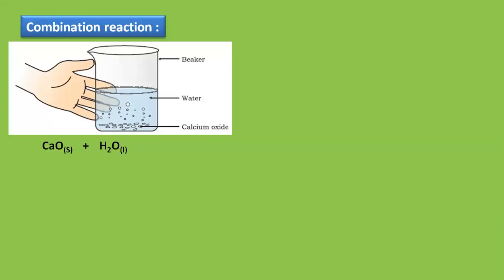Can you think of a product here? What will be formed when I combine calcium oxide with water? This reaction we have done previously also. In your lower standards, you have already studied this reaction. But still, if you're not able to remember, let me give you a small hint. Whenever we make a product, we always do crisscross, right? All my students know that for the product we are going to do crisscross. Crisscross of what? Of something which is positive and something which is negative.